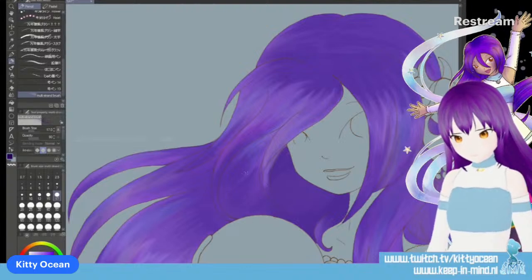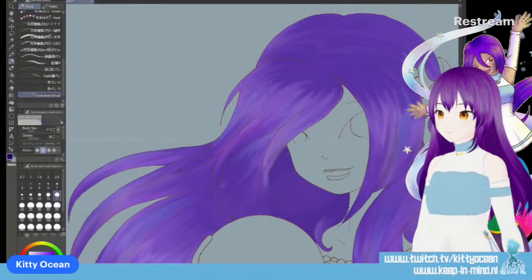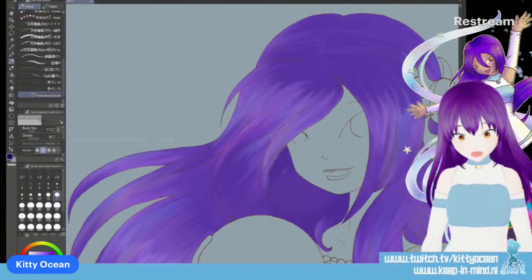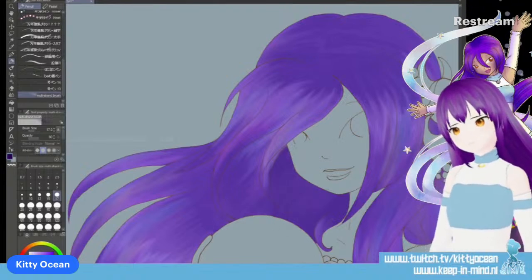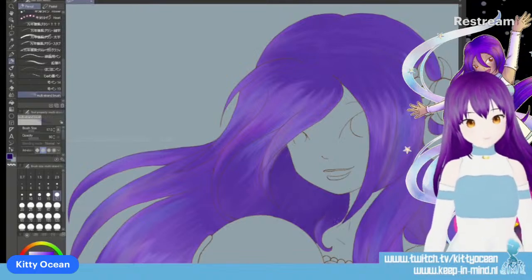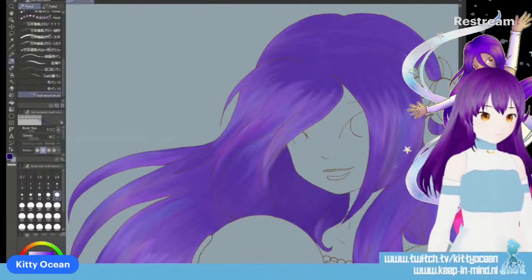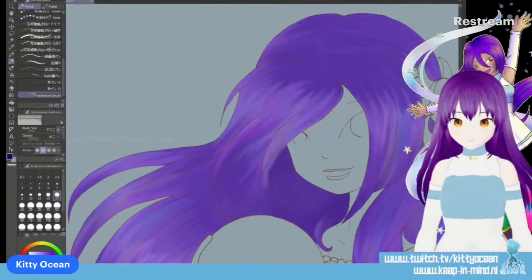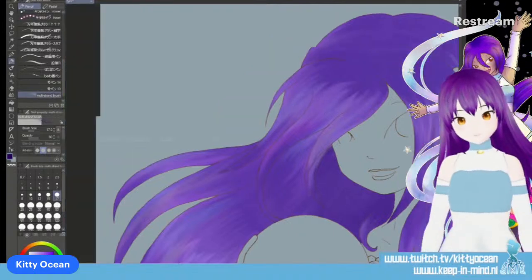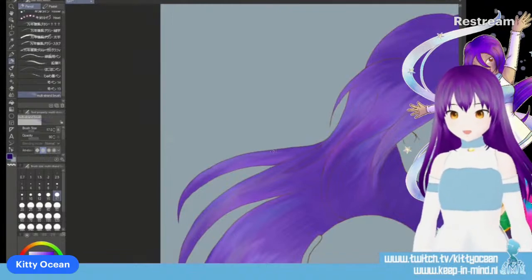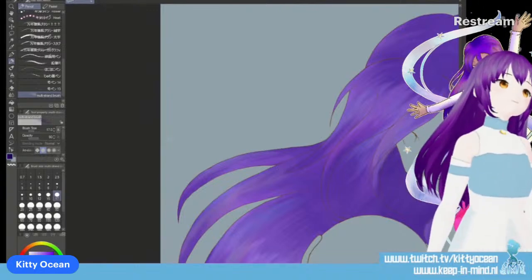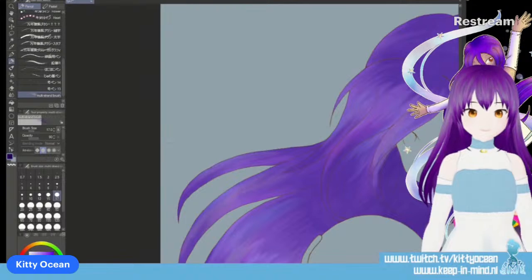Need to check the time. And again, this is just layer 1. I need a lot of layers. Maybe it's better to do it underneath. Yep, that's better.